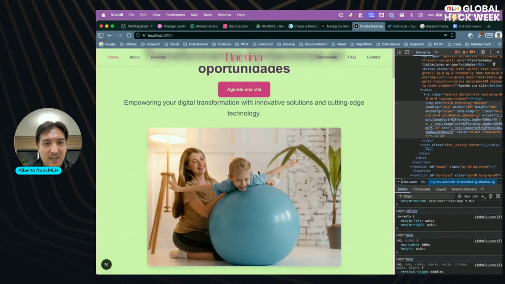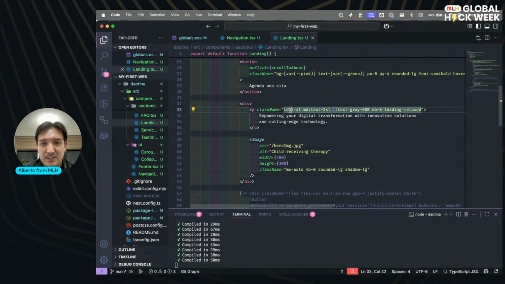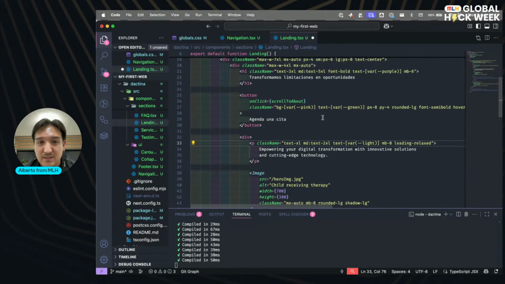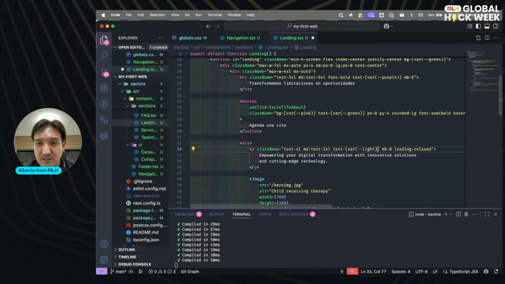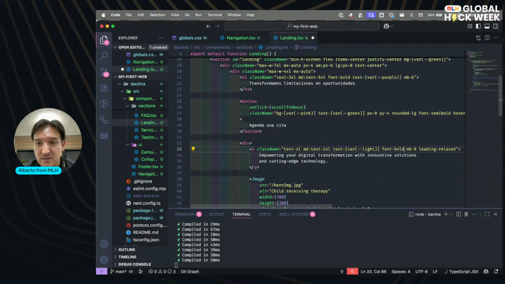Now let's put this text inside here. And for that, first let's get rid of the gray. This is going to be purple light. Font bold. No margin bottom.